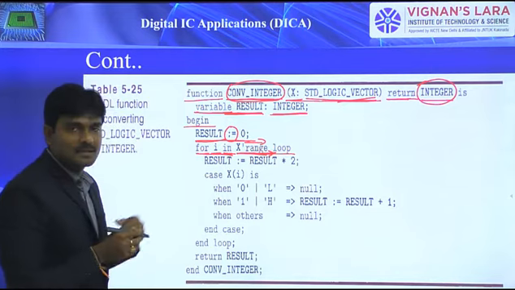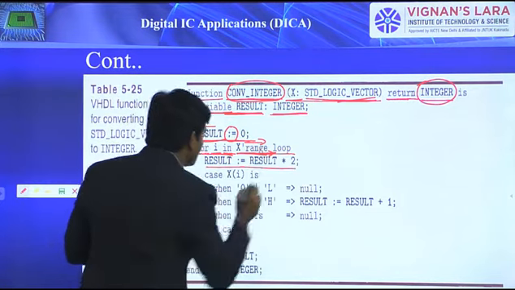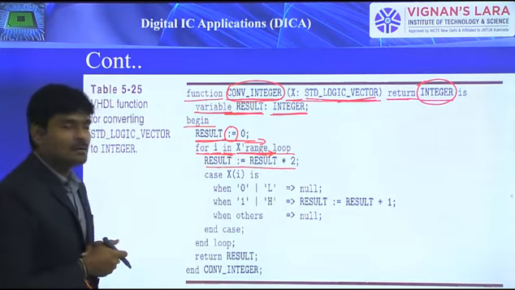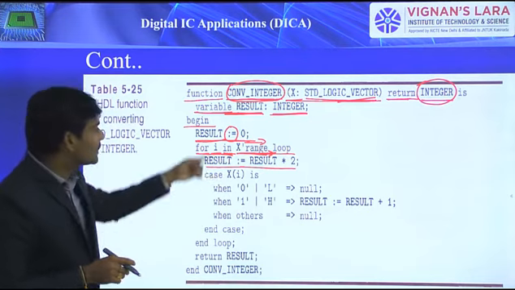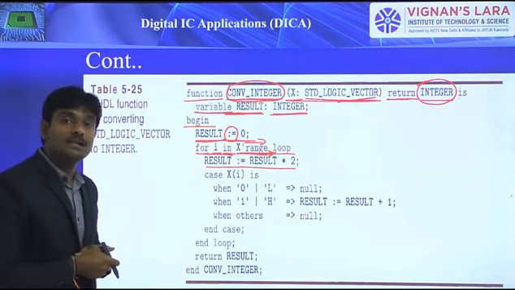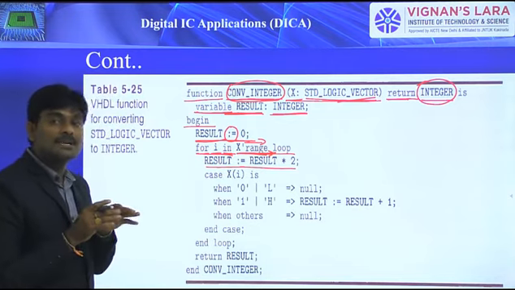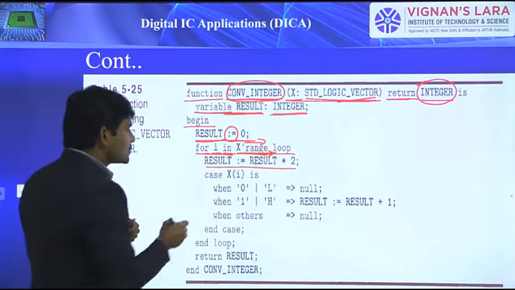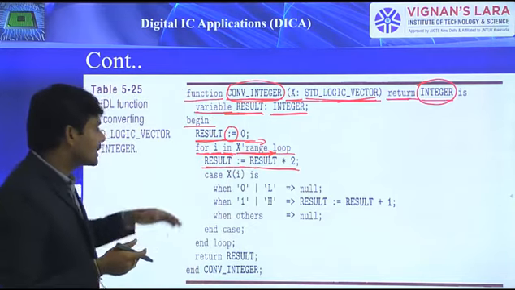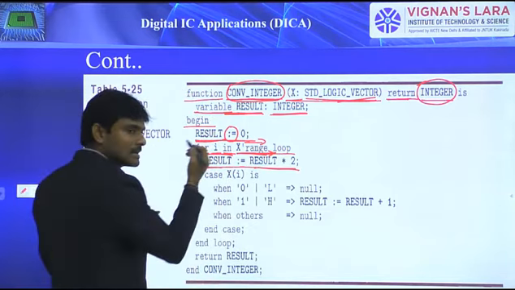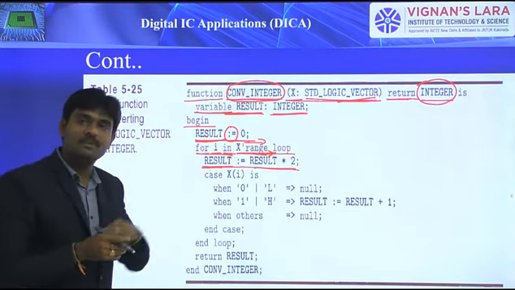The for loop syntax is, after writing the range, loop. Then here I mention the statement, which is result := result * 2. All these must be sequential, because here we are defining a function definition, and within the function body we describe only sequential statements. Remember it. What I performed is, initially I consider result as 0, and next I multiply the result value with 2.